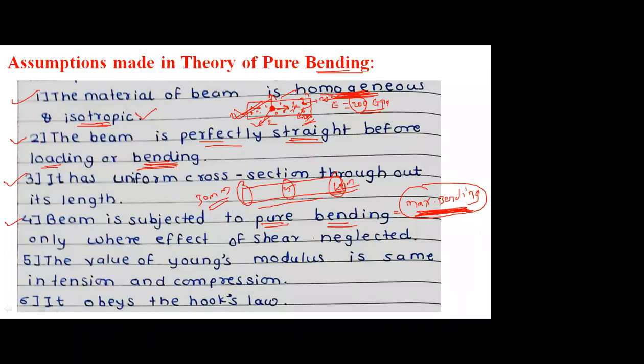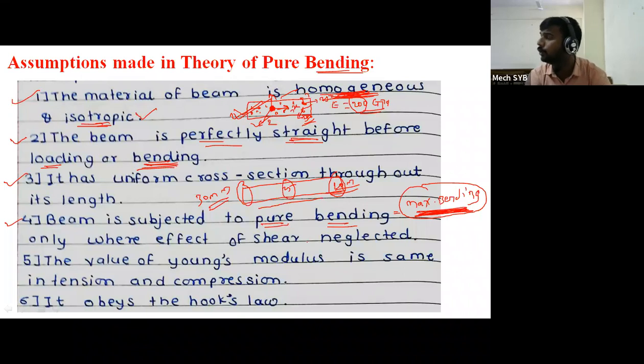म्हणजे काय करायचंय? ज्या पॉइंटला बेंडिंग मोमेंट हा मॅक्सिमम आहे त्या पॉइंटला तुमची शिअर फोर्सची व्हॅल्यू काय असली पाहिजे? 0 और मॅक्सिमम. ज्या पॉइंटला तुमचा बेंडिंग मोमेंट मॅक्सिमम आहे त्या पॉइंटला शिअर फोर्सची व्हॅल्यू ही 0 असली पाहिजे का मॅक्सिमम असली पाहिजे? इट इज इक्वल टू 0. जर ती 0 असेल तरच आपण म्हणू शकतो की बीम इज अंडर प्युअर बेंडिंग और सिंपल बेंडिंग. सो दिस इज द